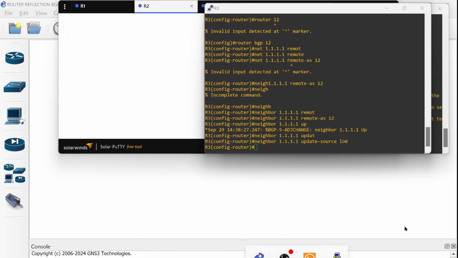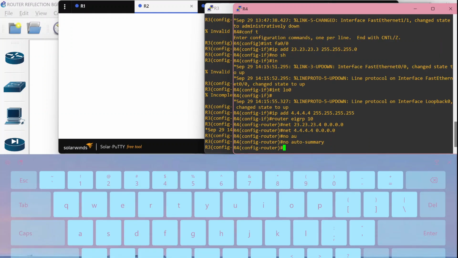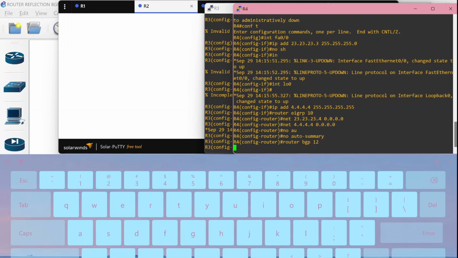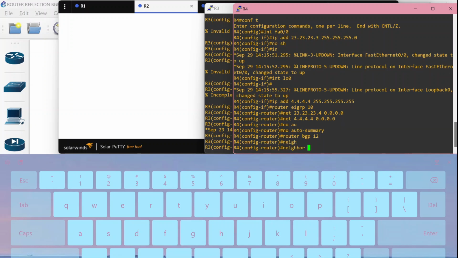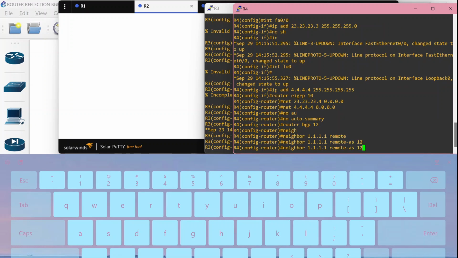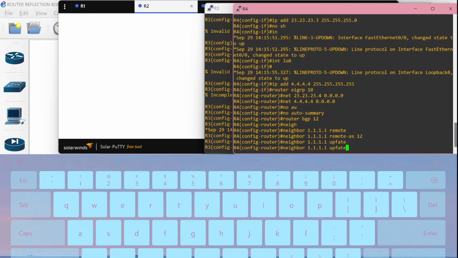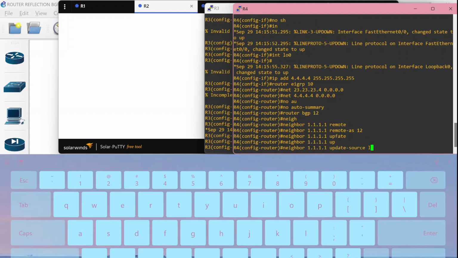And after that we can go to router number 4 to make the same configuration as the other routers. You can wait until the IP gives a result.